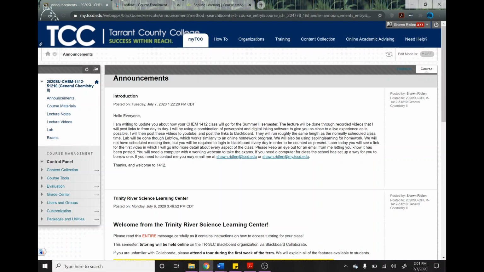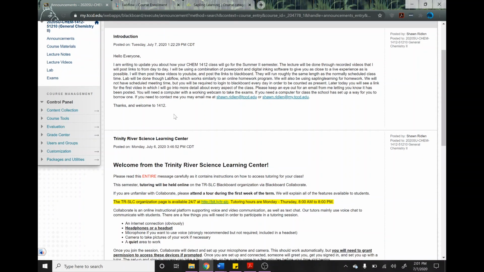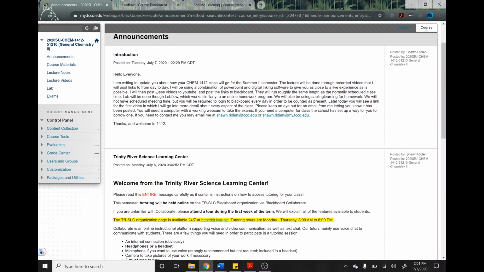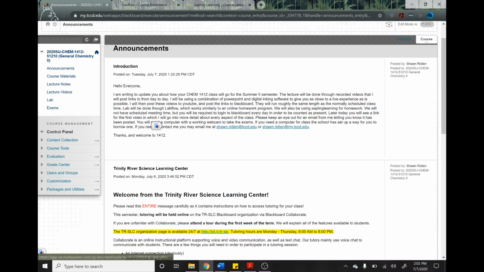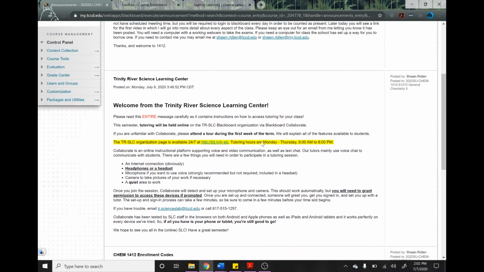So the first thing is the Announcements tab. This is what will load first thing when you log in to Blackboard. Basically what I do is I'll post things here, and then I'll have it send you an email as well. But things will be here if I want to communicate with you. So here you can see you should have gotten this email earlier. And then down below here is, I don't want to go too far because I don't want to show the enrollment codes. But down below is the